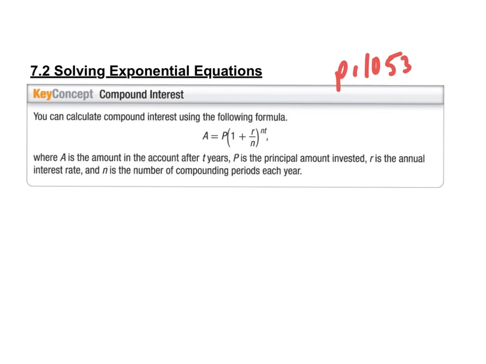And actually, this type of equation is really useful for a couple things. One, if you decide at some point soon that you want to start investing money in some type of account, this is how the money is calculated, how much money you'll have after a given period of time. And the sooner you guys can start investing money into an interest-bearing account, the more money you're going to have later. Your parents, hopefully, when you were really little, started a college savings account for you, and it uses these